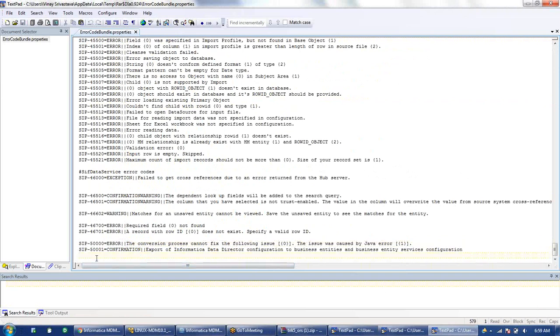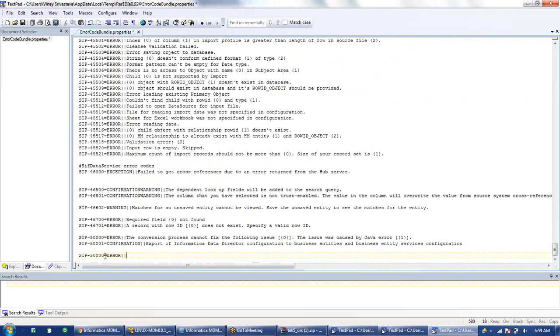So copy it, put it down, and give some number which is not present. For example, 2 is not there, so I will just use 2 here, and then error, because I want to display that as an error, and I can say first name cannot be null. This is the error message that I want to display.